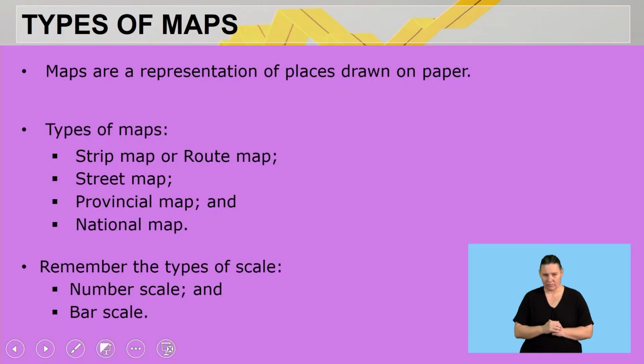Welcome back. Now let us look at our concept. Firstly, we will be looking at maps showing different perspectives. Right, so now the types of maps that we are having,